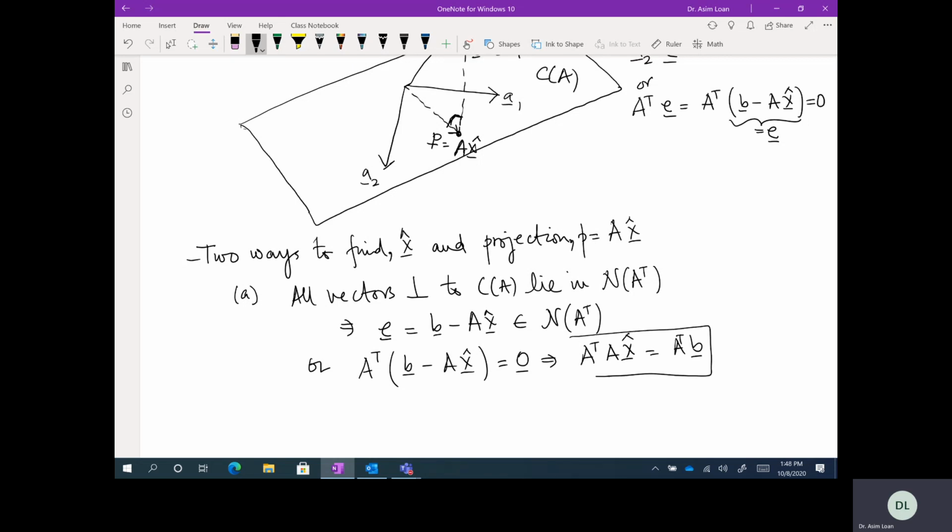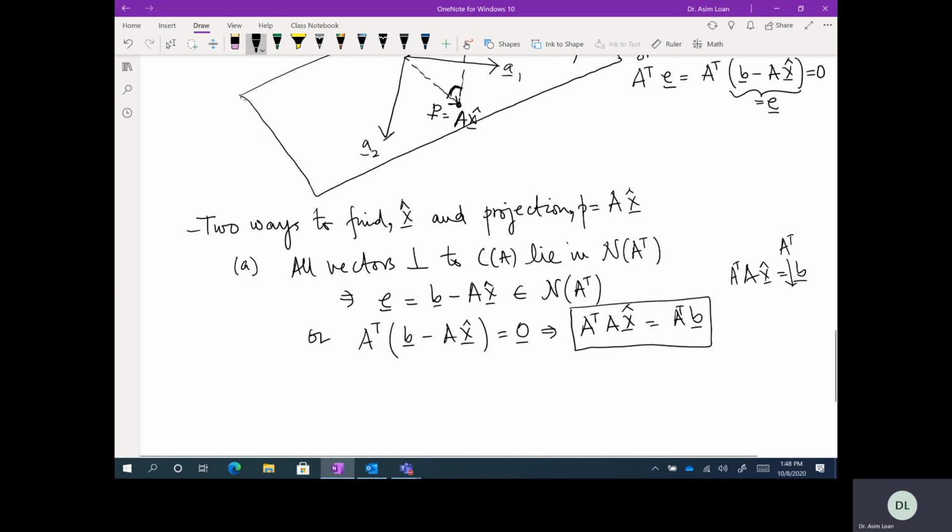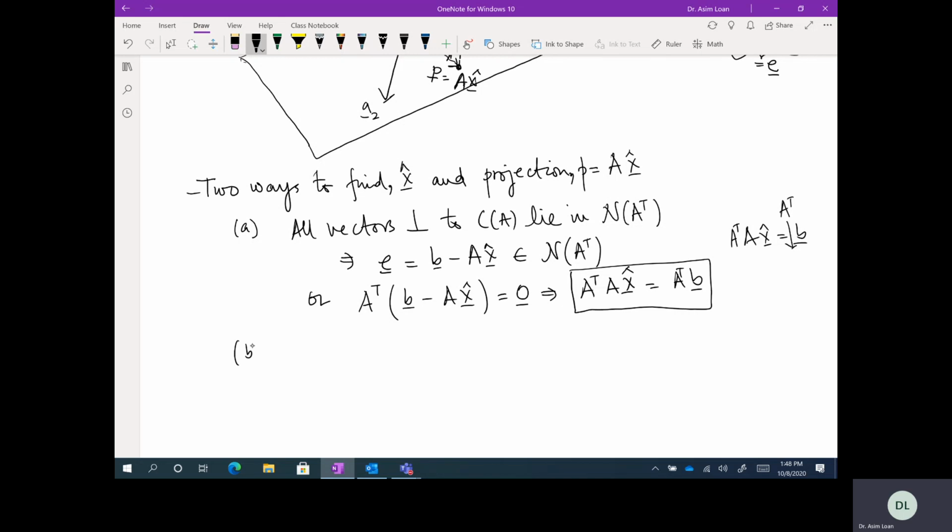You can also get this equation in another way. If you start with AX equals B, then you multiply A transpose here, multiply A transpose here, and you'll get the same equation. So this is nothing new. And the other one is the error vector must be orthogonal to each column, because the columns give rise to the column space, and by the orthogonal subspaces definition, the error vector must be orthogonal to each column